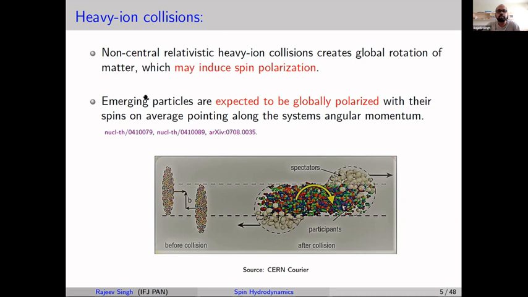So the STAR collaboration has detected this QGP to be the most vortical fluid, and these are the papers. This is the schematic view before the collision. Because of the very high velocity, close to the speed of light, this beam of ions looks like a pancake, and b is the impact parameter. Here you can see just during the collision two things: spectators and participants. Spectators do not collide with any of the particles, and participants are the nucleons which collide with other nucleons.